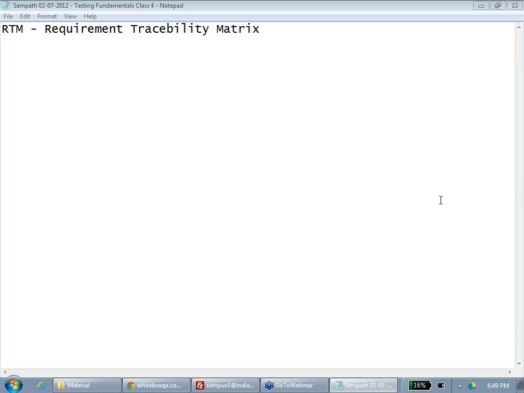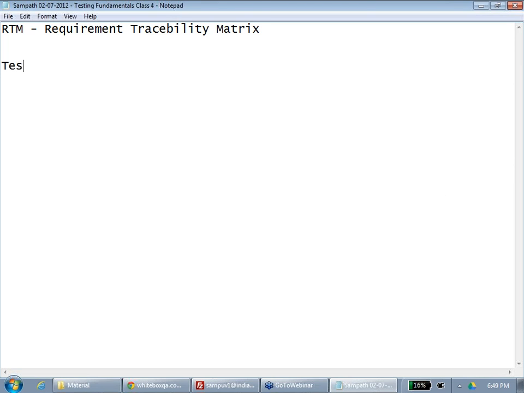Right? It can only tell you whether all the requirements are covered and whether all test cases are going to a requirement. You might write some test case which does not belong to any requirement. Agree? So sometimes it is good to check whether it is going to a requirement or not. So at that time, what should you do? Test cases, I agree. First is always about coverage. First is always about coming to requirement.